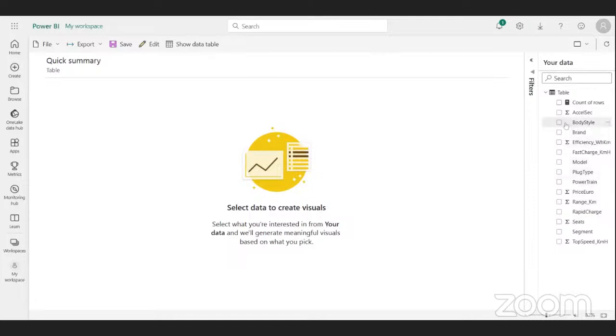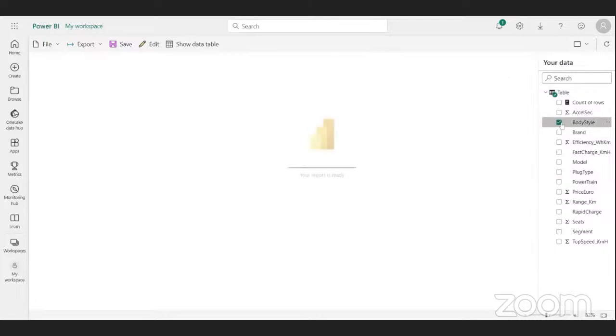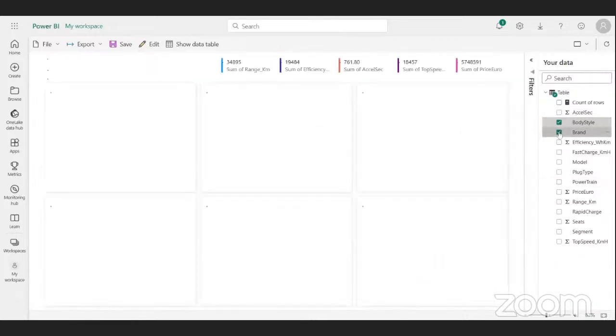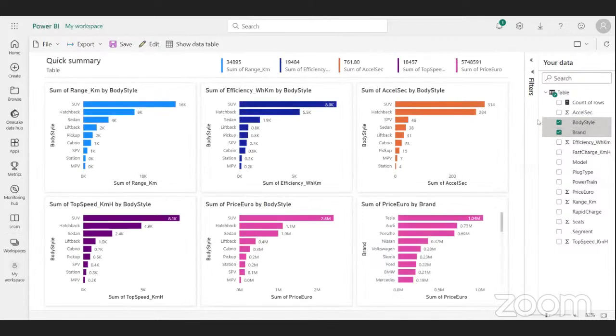But one thing I want us to notice is that Power BI tries as much as possible to give reports, but it doesn't give reports that combine two categorical columns. Let's say, for example, this is the body style. Now let us look at the correlation between body style and brand. Even though I selected both body style and brand, you will see that